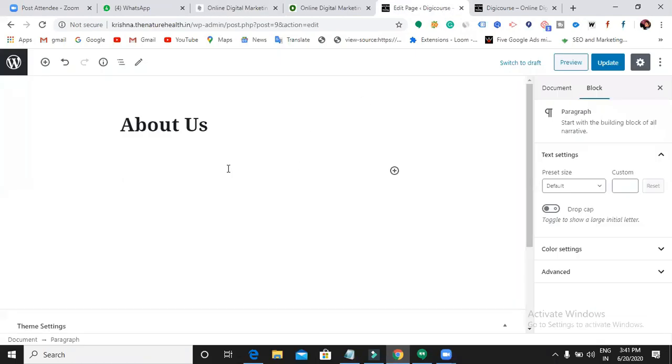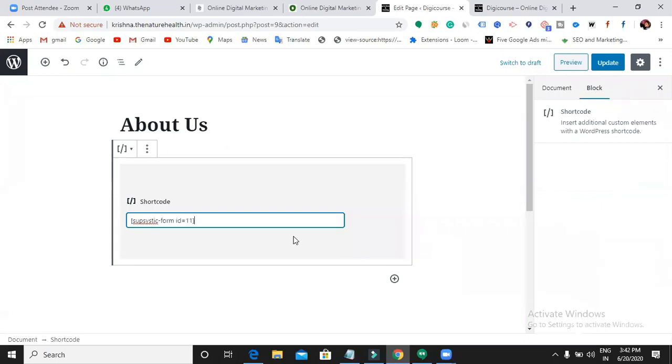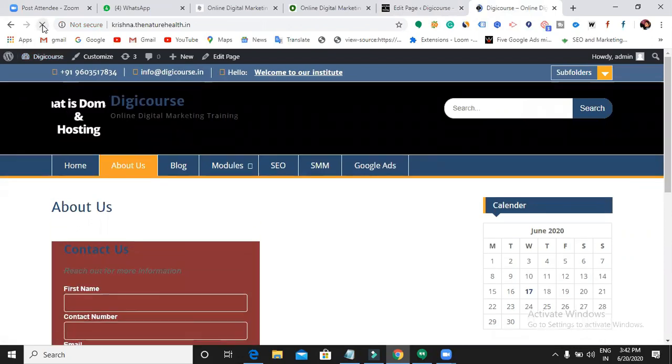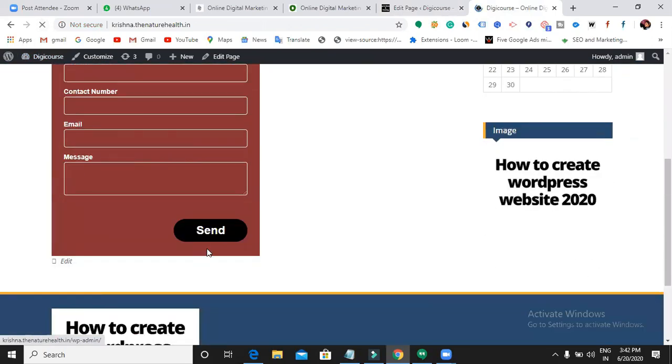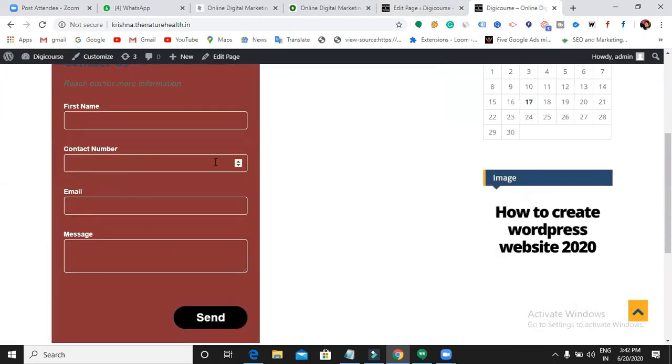So copy that shortcode which it is showing you there, and then paste it over here wherever you want. Again, I'm saying, don't directly paste it, place it in the form of a shortcode. So click this plus icon and then search for a shortcode block, paste it, and update it. Okay, so then let's come back. Can you see now? Contact form. So is it showing you? So in such a way you can show it wherever you want.